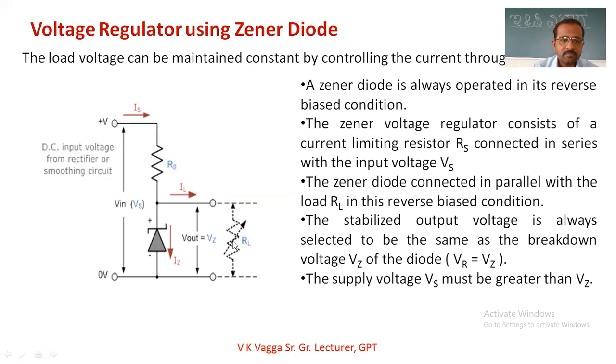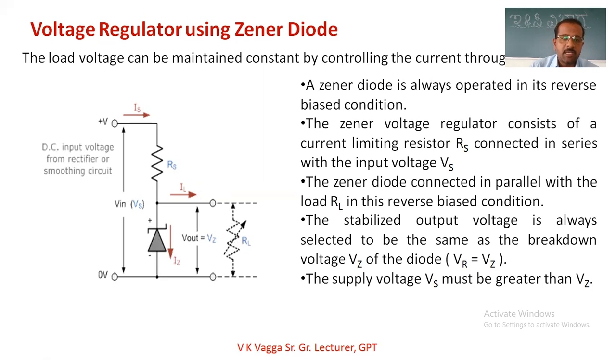And if the input Vs is greater than the Vz, it is going to maintain the output voltage exactly equal to Vz, and whatever extra voltage is there, it is going to be blocked or will flow into the ground. Okay, and if the Vs is less than the Vz, I'm sorry, Vin, the zener diode is acting as an open circuit here. Understood? So